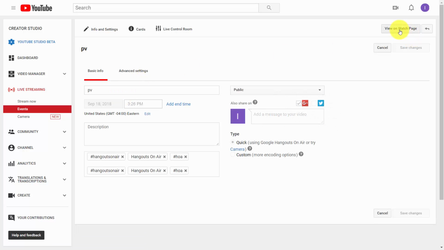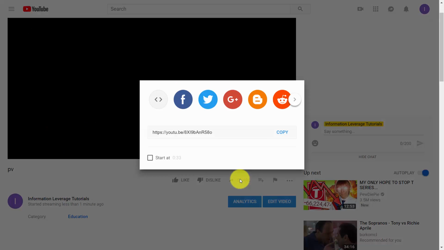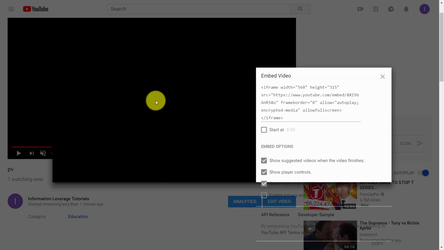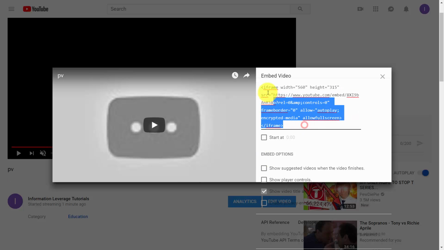and we can then click view on watch page. And you'll notice then that our stream is live here. And what we would do then is we would then go to the share button. We would then click the embed button. We can then take care of the embed options, grab the code,